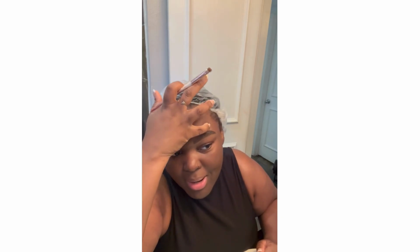Okay, so now y'all see my eyebrows. I concealed them. My eyebrows are thick as hell. I'm telling you, I don't fill them in. I just conceal them because they're just thick like that. I pretty much shape them, and that's it. So boom, bam, done with eyebrows, pretty much. I do want to blend a little bit more, just so it's not like a line of demarcation, like you can see. Anyway,